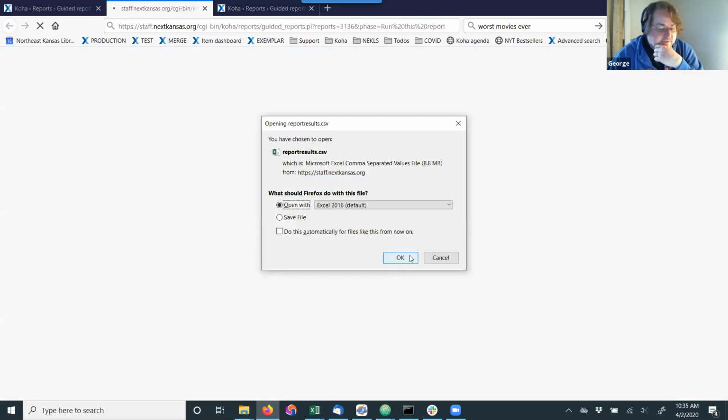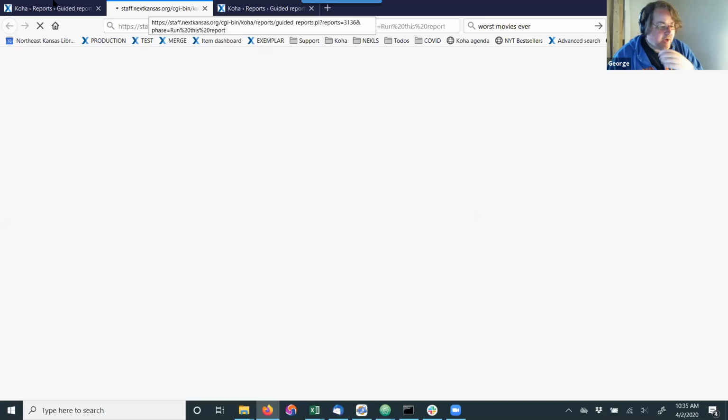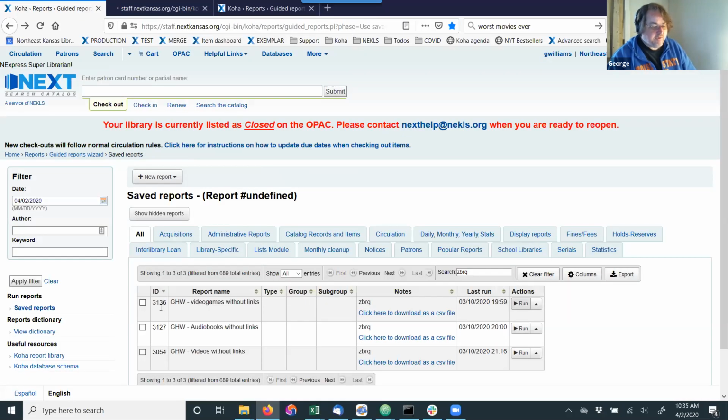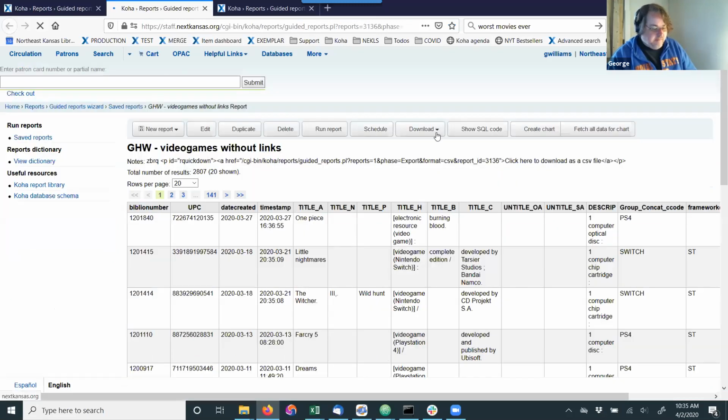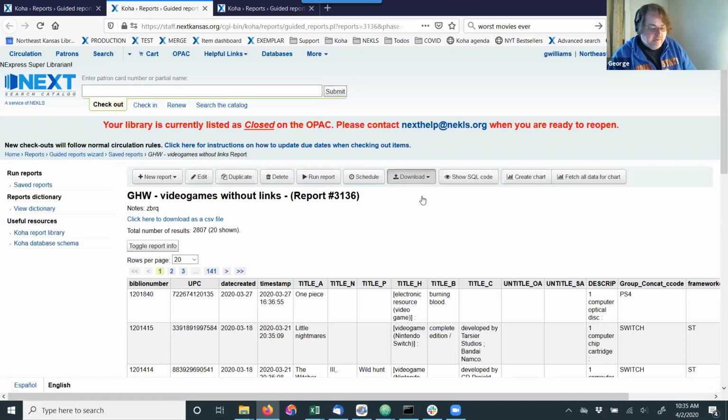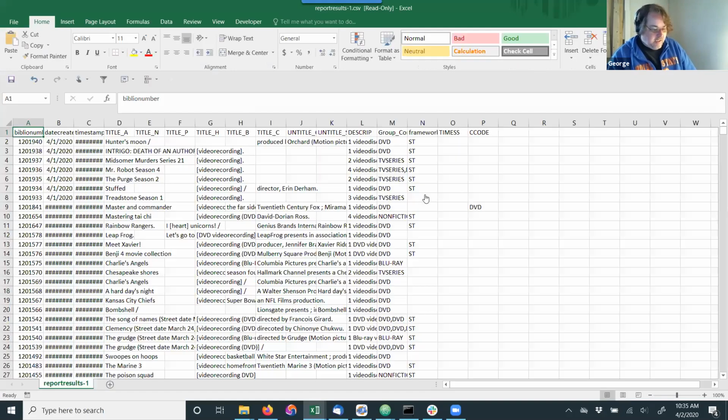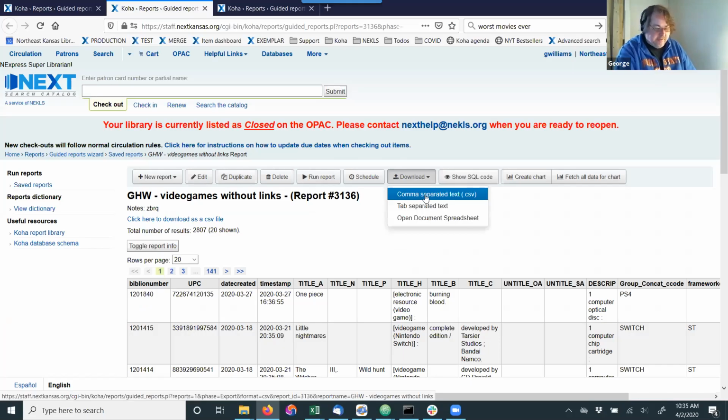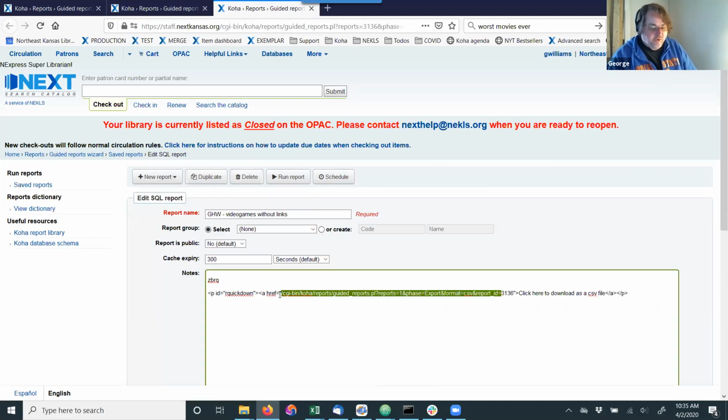When you run a report, now it's going to open all of these at once. So I'm running the report that I've got for video games. This is report 3136. And when you go to download it, this is a link. You can see down at the bottom of the screen that there's a URL down there. So all you have to do is recreate that URL and put it in the report as a hyperlink. And when you click on it, it will just run the report. So you can do that with any report